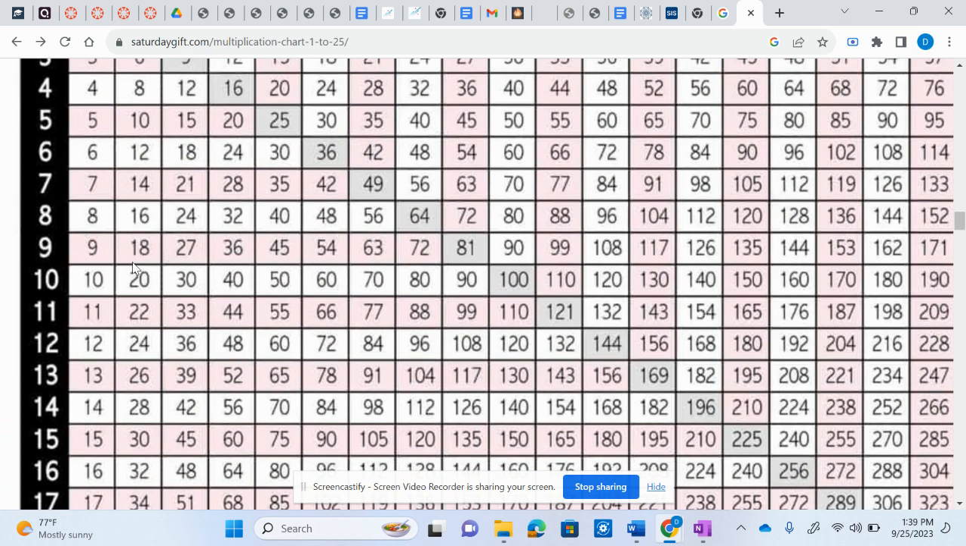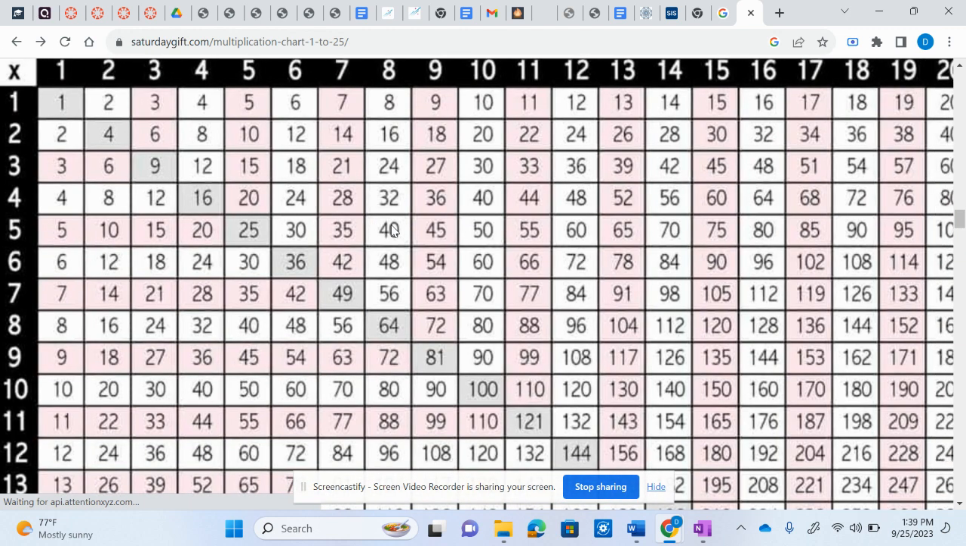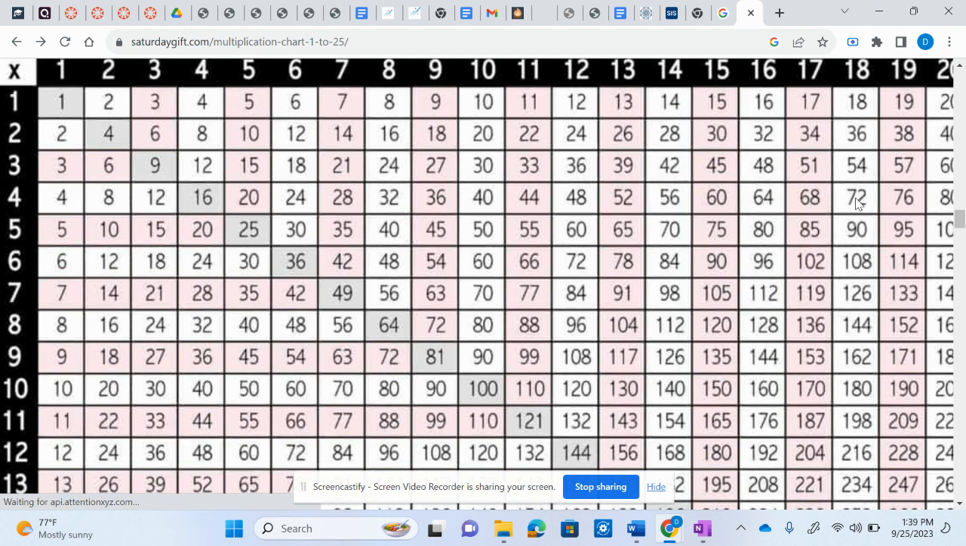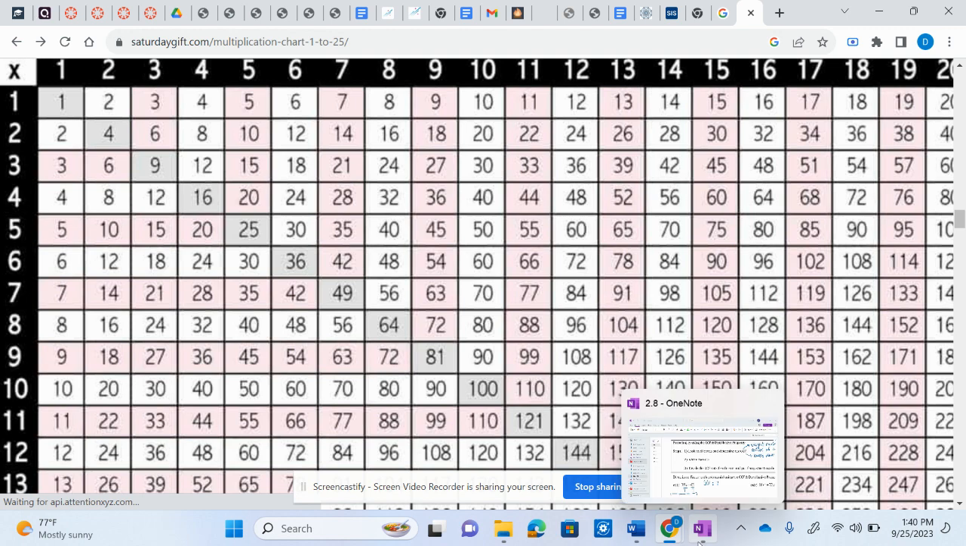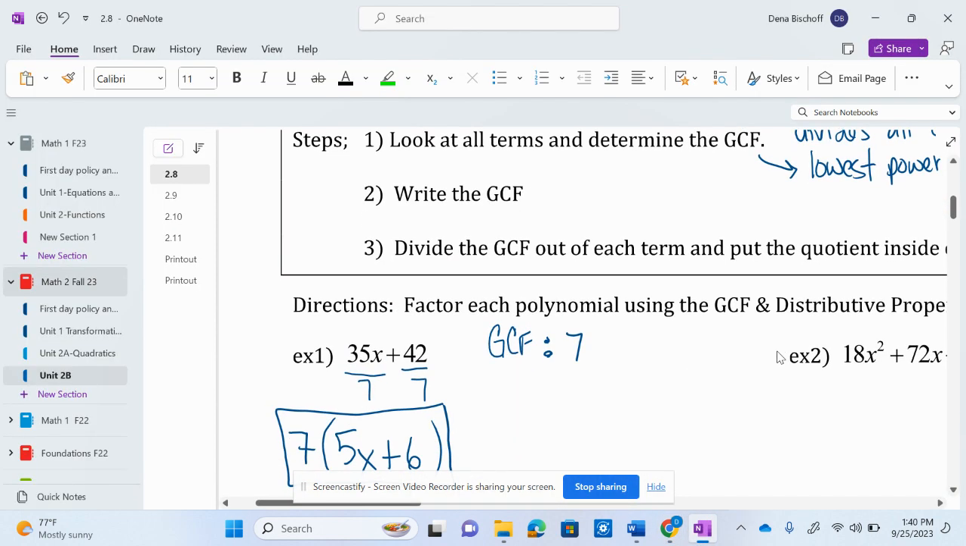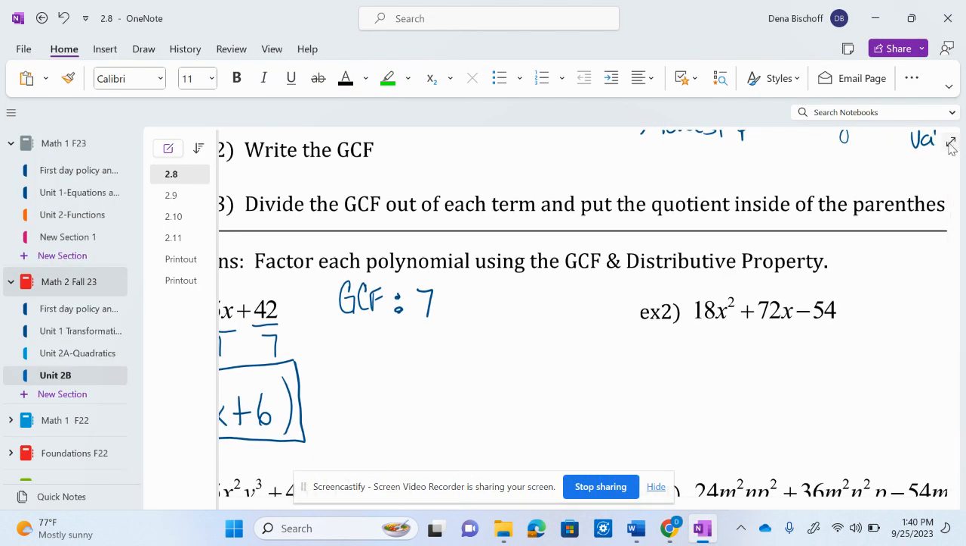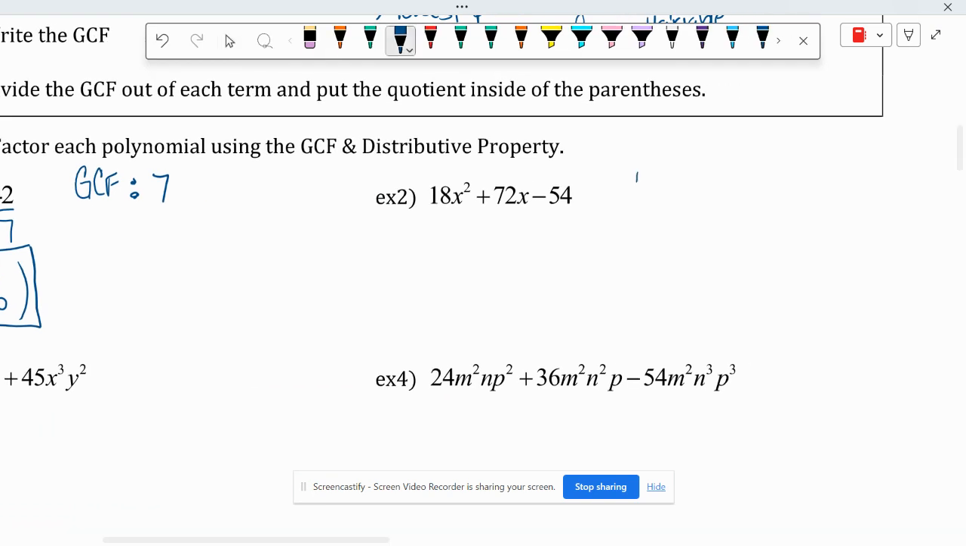Here's 18, 54, and 72. Is there a bigger one? 18. Yeah, they're all divisible by 18. 18, 54, and 72. So that's what we want to take out. We want to take out an 18 from that. Use your times table. Make that like a tool for you that you can use. So my greatest common factor